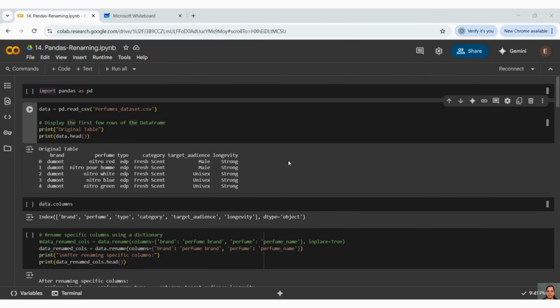In our last video, we understood how to load datasets by using different input methods and how to save them in different kinds of output formats, right? Now we will understand how to rename a particular column or a particular row or index, which means we are renaming the whole row, right? How to rename a few particular columns, and how to rename complete columns, the whole columns. All those things we will understand. So let us start now.